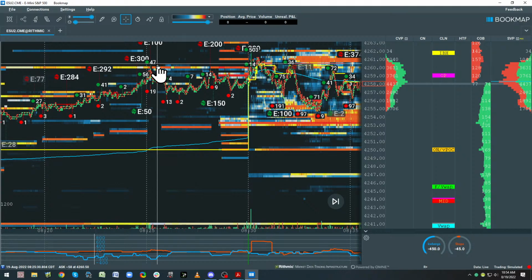That's possible. Not probable, but again, we have to have our mind open. Or that is the extreme, and we now consolidate and break out to the downside. So that's the lay of the land. Now, in the stream, based on the things we know and based on the fact the market was rallying, we know where the fuel is, and fuel means sell stops. The longs are the vulnerable ones, you see.